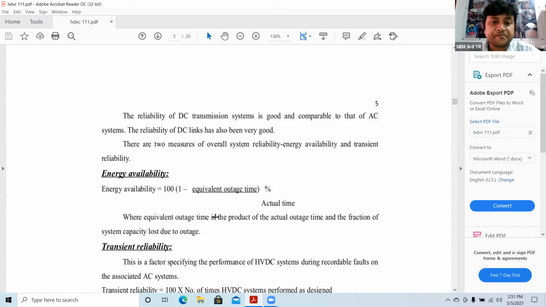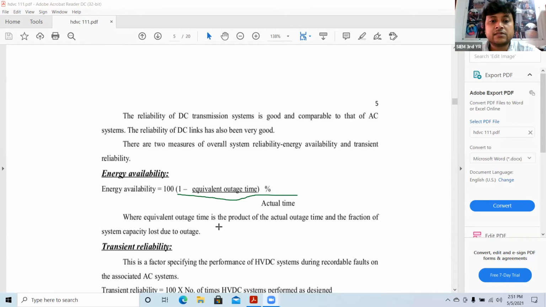Okay, so 1 minus equivalent outage time by actual time. So energy availability equals 100 into 1 minus equivalent outage time by actual time. Okay, so where